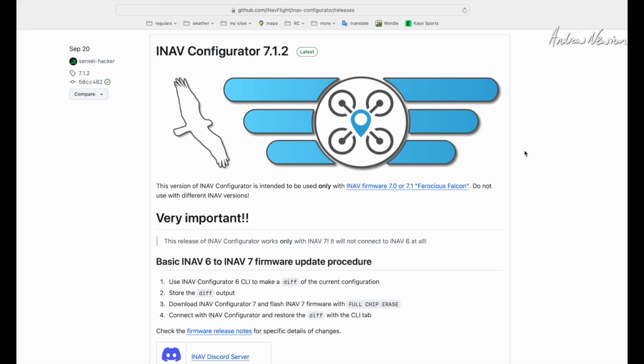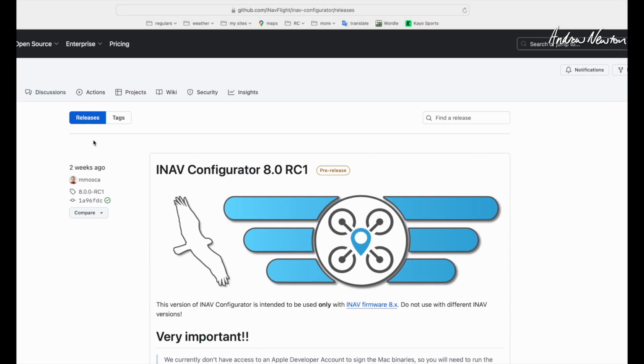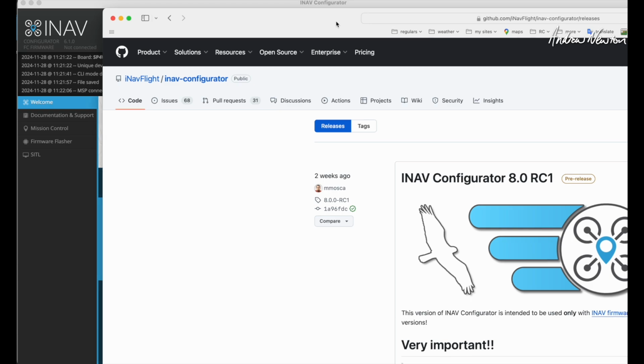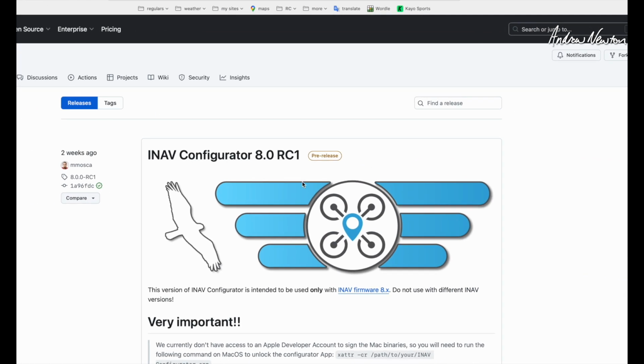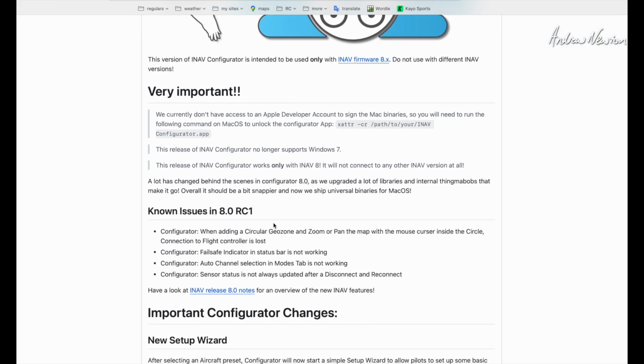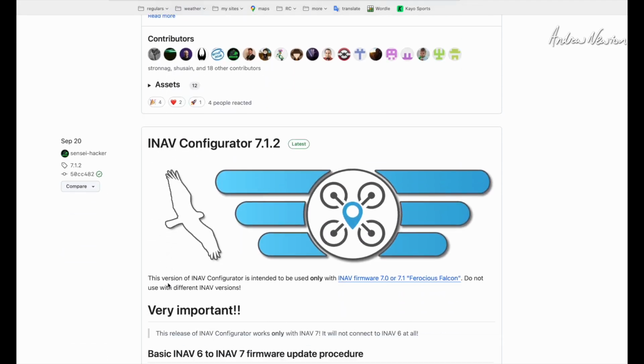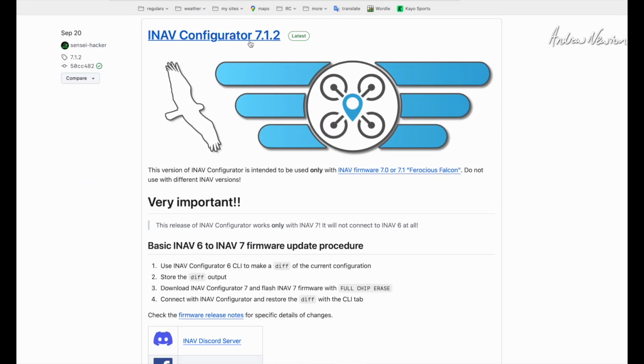Do a search for INAV Configurator and you'll end up at GitHub and the INAV Configurator page there. You can see the first release candidate of INAV Configurator 8 is available, but that's just a release candidate, not stable yet, and there are a few known issues. So we go to the latest stable release, which at the moment is INAV Configurator